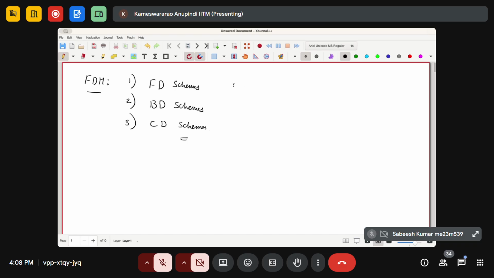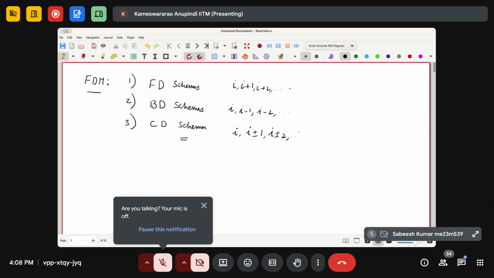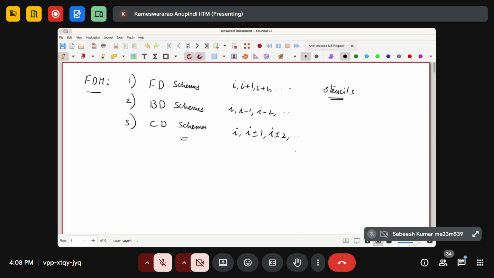If you are going to use i plus 1, i plus 2, and so on, we call that forward difference schemes. If you are going to use i minus 1, i minus 2, etc., we call this backward difference schemes. Whereas if you're going to use i plus or minus 1, i plus or minus 2, and so on, we call such stencils centered stencils, and the schemes central differencing schemes. Now, as you saw from the last lecture, calculating a derivative, let's say the rth derivative,